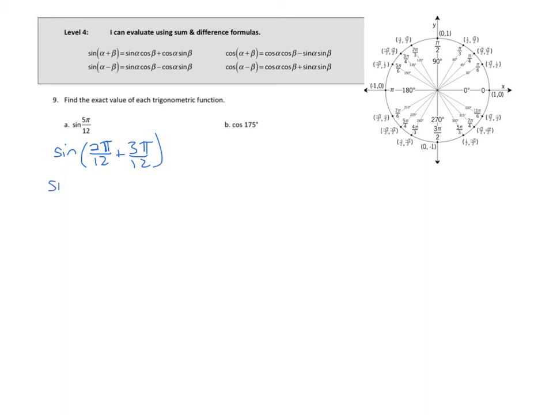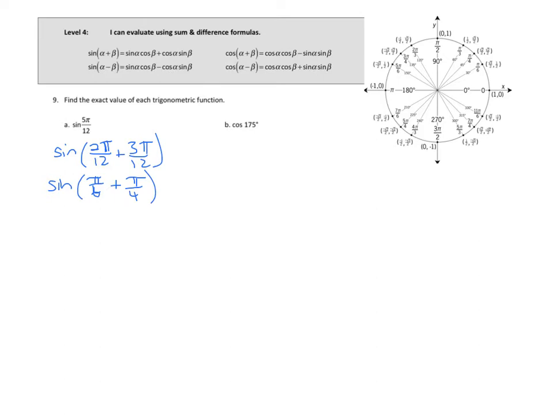Those reduce to be sine of pi over 6 plus pi over 4. And so I've split 5 pi over 12 into two angles that add together to give me 5 pi over 12. And when I reduce those angles, I find two angles that are on the unit circle,